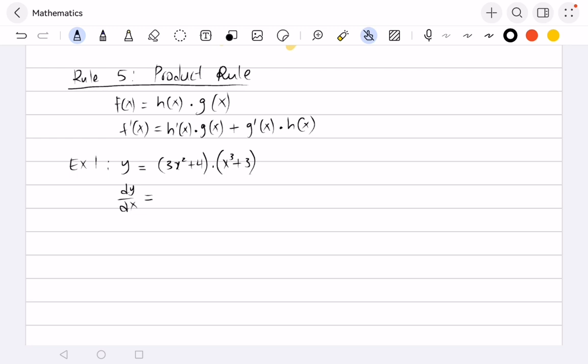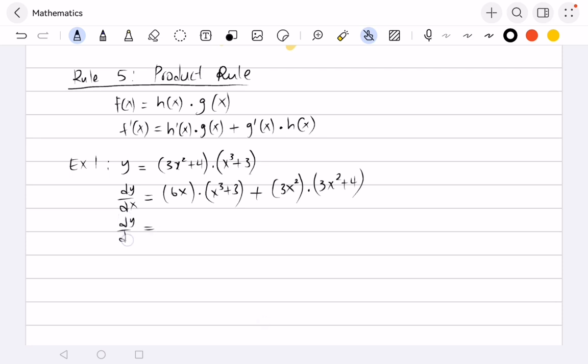So you're going to take h of x, you derive it. When you derive h of x, you're going to get 6x, right? Using the power rule. Multiply by this other function, which is x cubed plus 3, right? Plus, now you switch. You now derive the second function, which is 3x cubed, right? Then multiply it with the first function, which is 3x squared plus 4. Then once you're here, you can easily